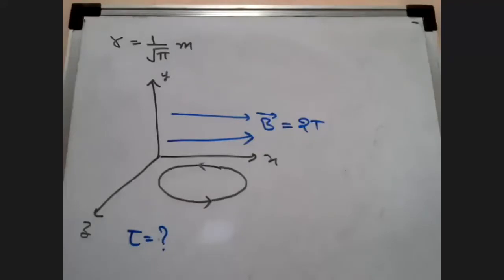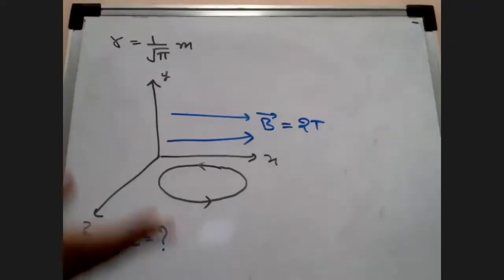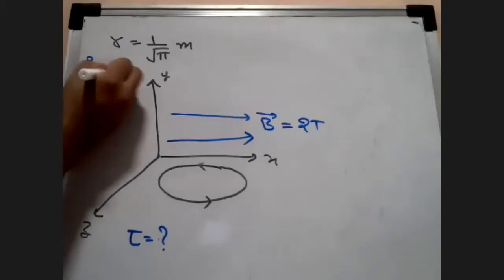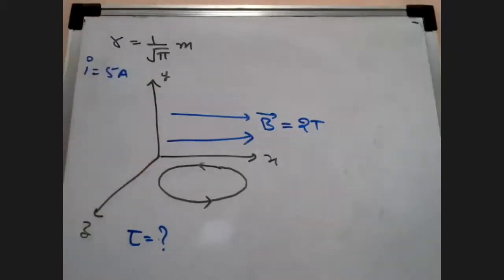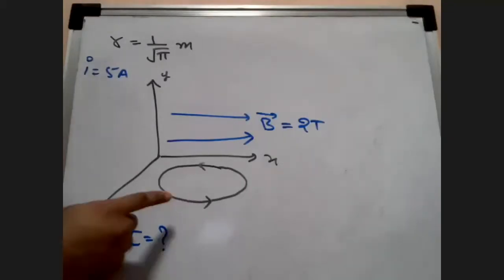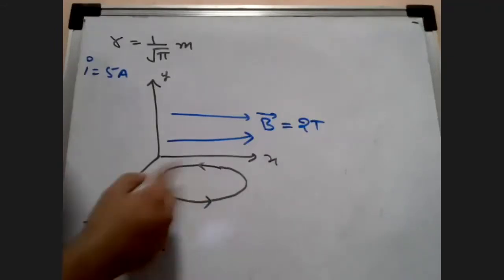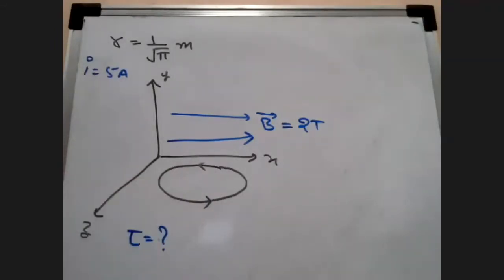Listen to me, students. In case you want to find the direction, the first thing I told you is look at the loop. Does it have a current? Yes. Write it down. Whenever I'm dictating the question to you, write down the important parts like this so that you don't need to look at the question again. Now, the current is in an anti-clockwise direction.